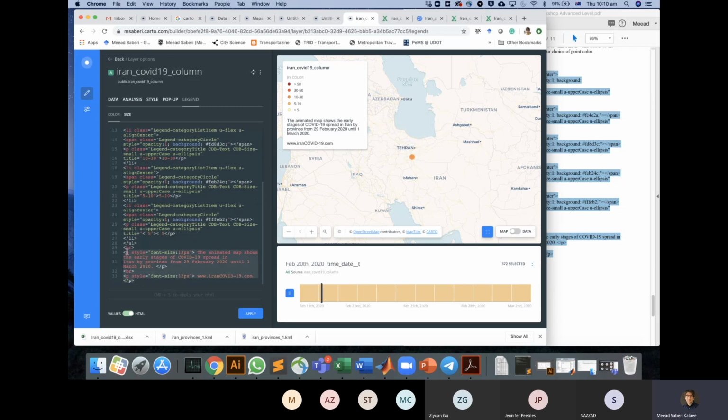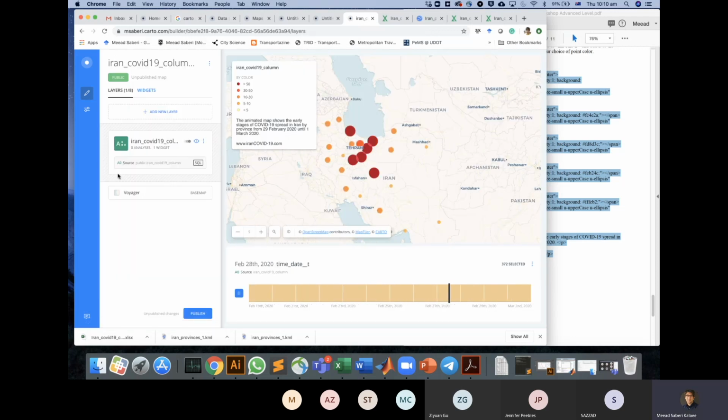And I also added some information towards the end of the code to describe the map, that this animated map shows the earliest stages of the COVID-19 spread in Iran, etc. So I have the map, excellent. Now, if I go back, I can now publish my map. So I press publish,